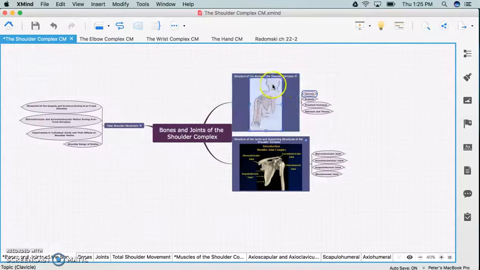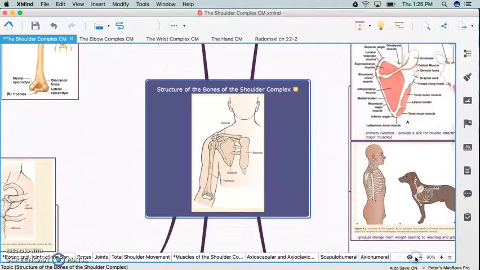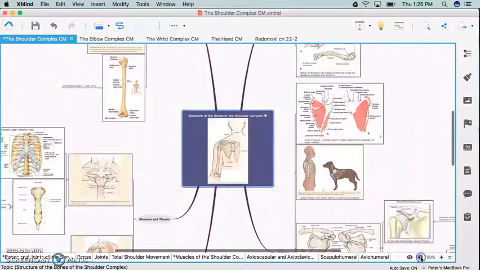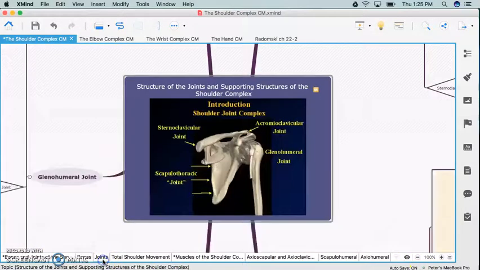See, the bones are here, joints are here, and total shoulder movement. So for bones, all you have to do is click the tab on bones, and you have this whole map that is only on bones, as you can see. And joints, which is a larger topic,